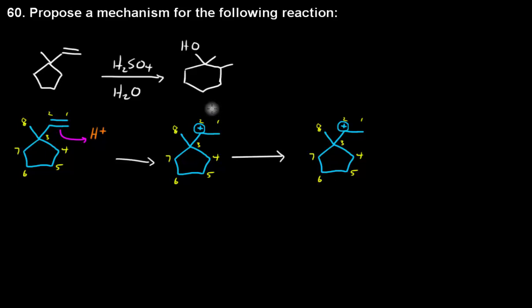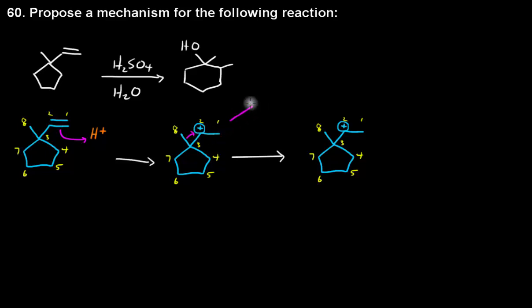So something else funky is going on here. So now we have to start improvising. We have to do something different. Now we know that we need to go from a 5-membered ring to a 6-membered ring. So let's see, how can we do that? Well, we could try to do a ring expansion, or we could do a methyl shift, or we could do a hydride shift. If we do a methyl shift from here to here, from 8 to 2, that would be